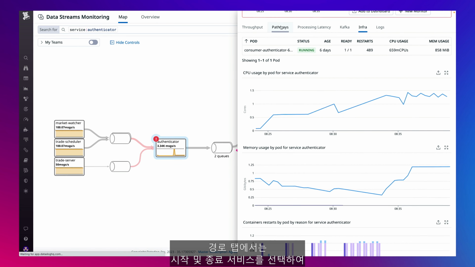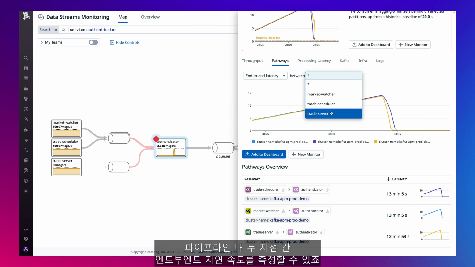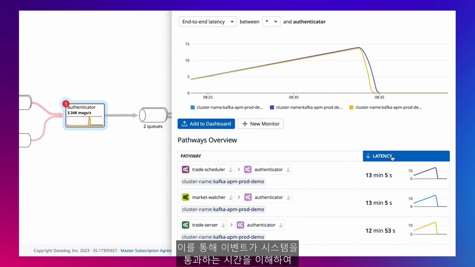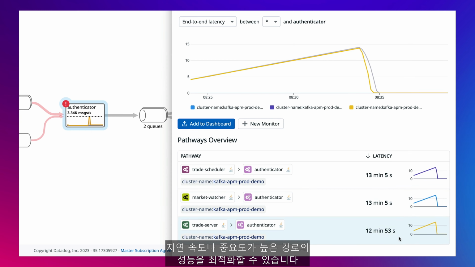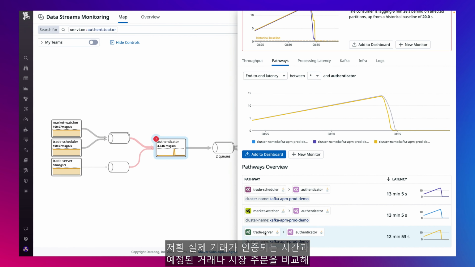In the Pathways tab, you can measure the end-to-end latency between any 2 points in your pipeline by selecting a start and end service. This helps you understand the time it takes for events to traverse through your system, so you can optimize performance on paths with higher latency or importance. In our case, we can measure the time it takes for a real trade to get authenticated, compared to scheduled